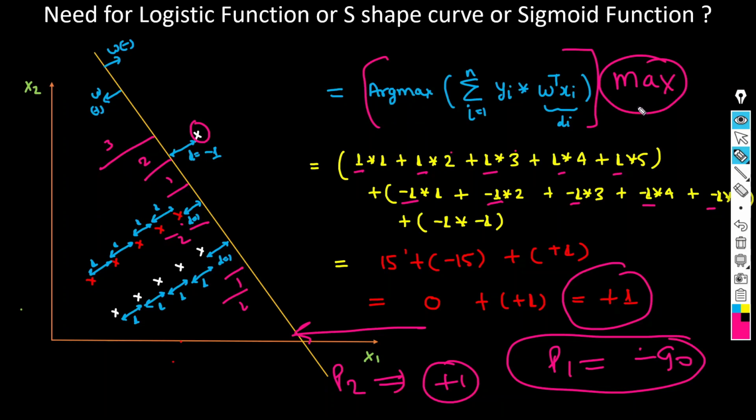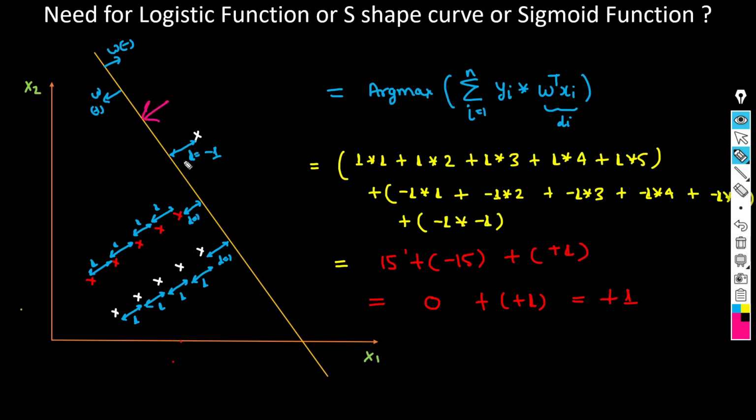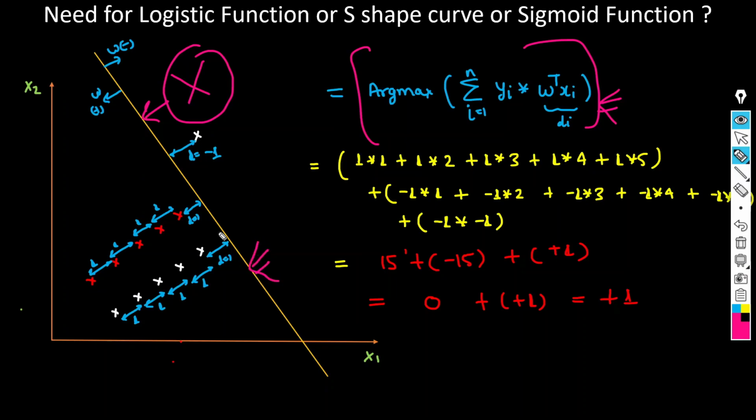So which plane is providing me the maximized value? P2 plane. So we will use this particular plane. But if you see, does this plane really classify all the positive and negative points correctly? I think no. It means we will not use this particular equation. We have to again make some modification, so that due to this outlier we can still find the best fit plane, because due to the outlier my plane got changed and that plane is not able to classify all the points correctly.